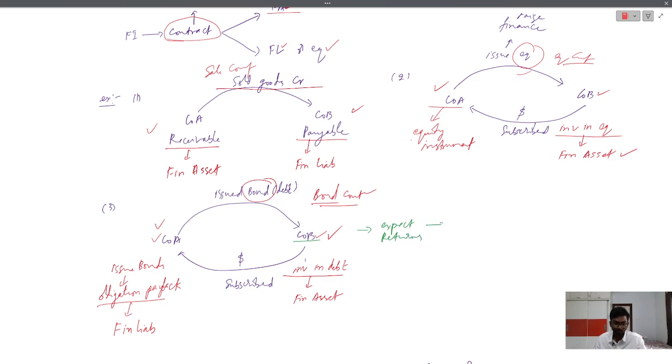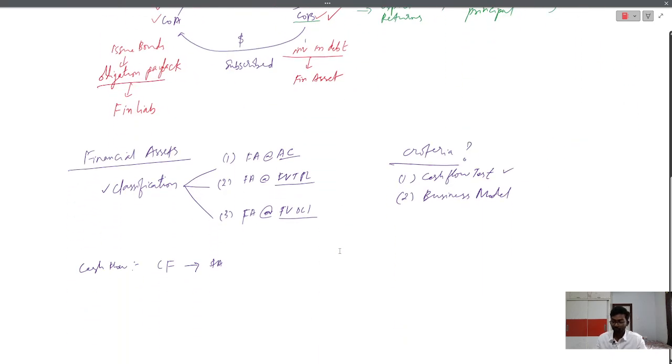What are these returns? Well, interest income yearly, and the principal at the maturity, right? So what are these? These are cash flows. Okay, so the cash flow test says that the cash flows that are arising from the